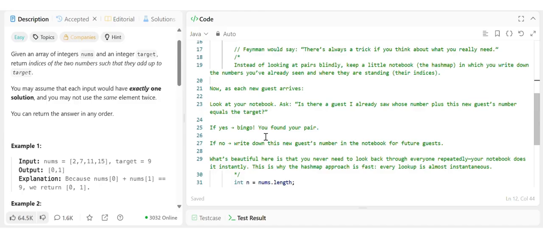So you go into the party, you meet the first guest, and you write down that guest's number and index value. Then you meet the second guest, and you ask yourself, is the target minus